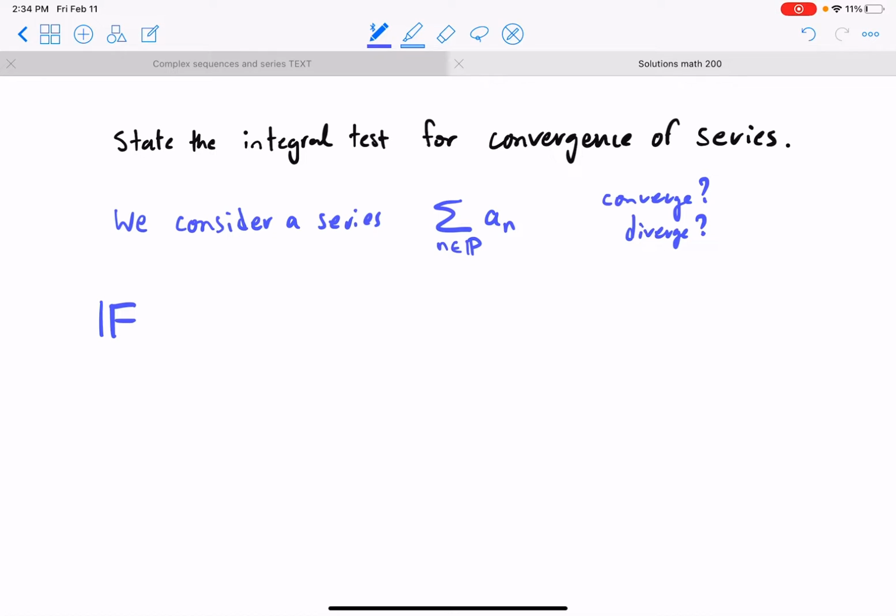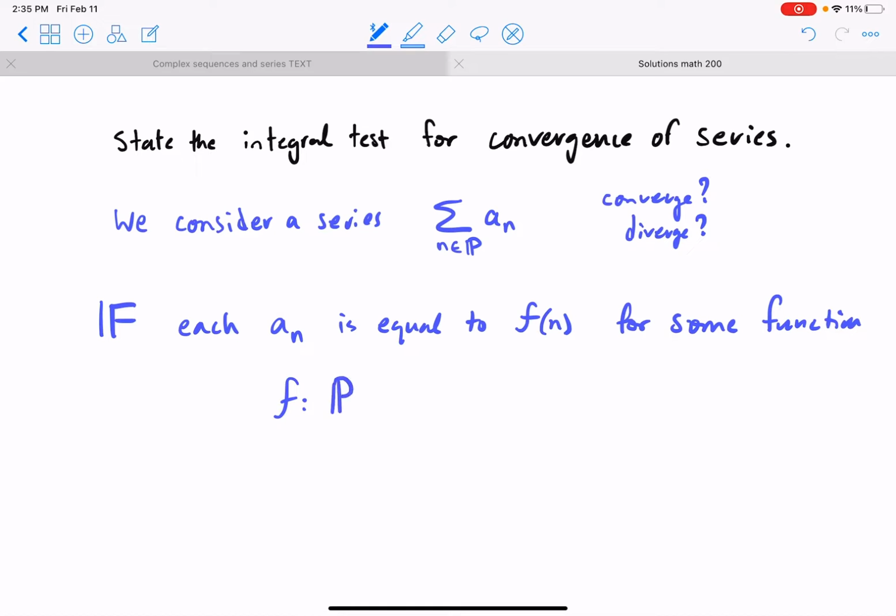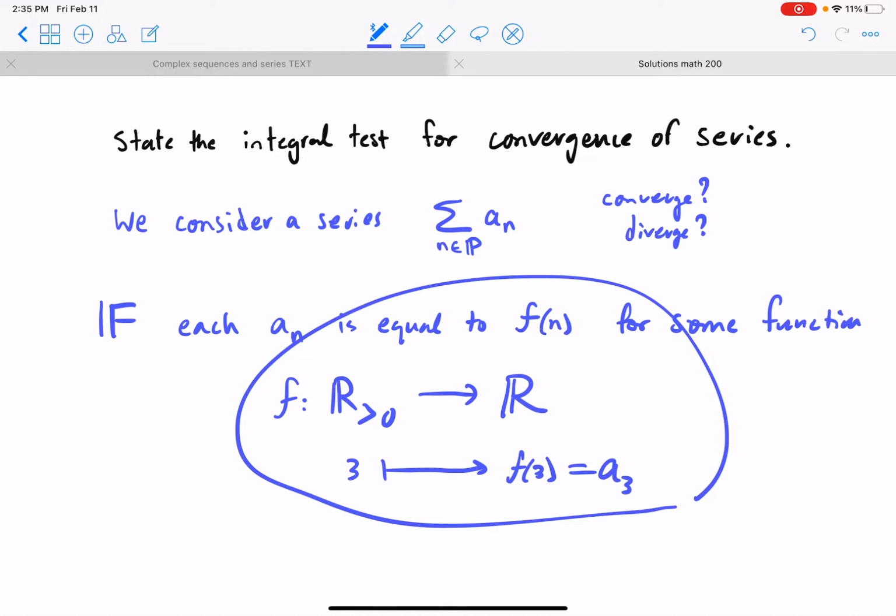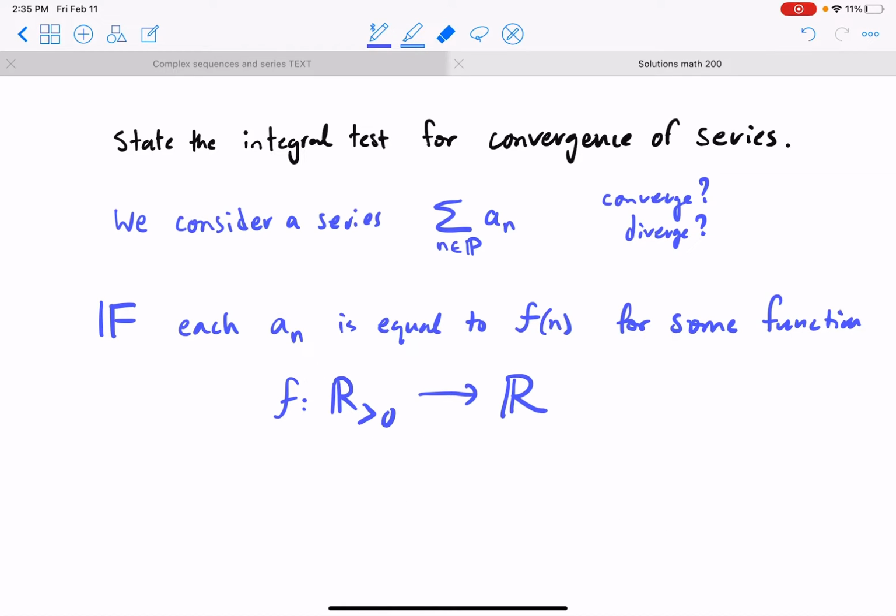If each a sub n is equal to f of n for some function f that's, well, at least hopefully defined on positive numbers, because we're going to plug in either n or p, so that we can plug in 3 and get out f of 3, and that f of 3 would be a sub 3. So we're interested in this thing, but if we can find that there's some function here, and